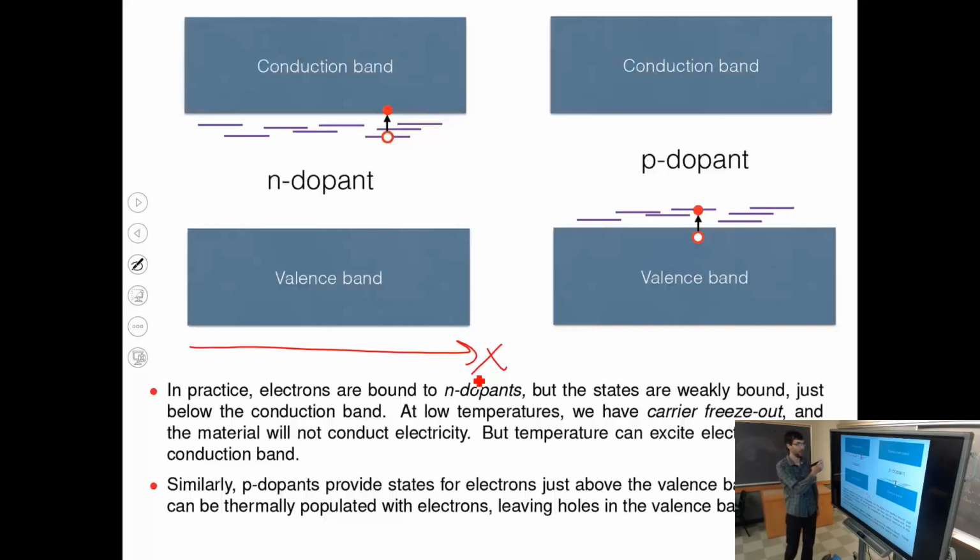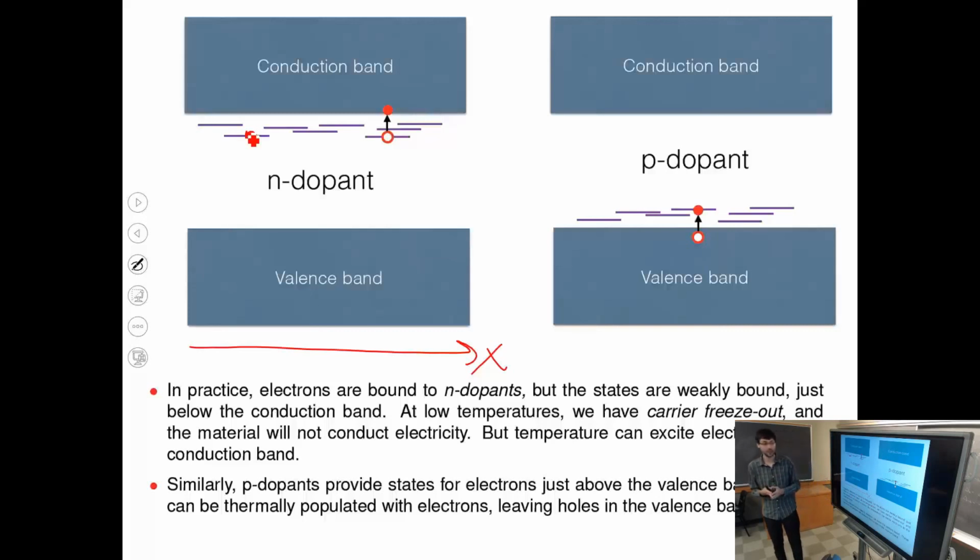So, for example, what it looks like in real space is that around the phosphorus atom, there would be a deep potential well, and if you don't have enough energy to escape from that, you'll be confined to that. And so you will not have a mobile electron. You will be confined here at low temperature. And then people talk about freezing out of carriers. So there will be no free electrons in the conduction band at low temperature. They will be frozen out in their impurity sites. And so what was effectively a conductor, like a metal, becomes an insulator at low temperature.